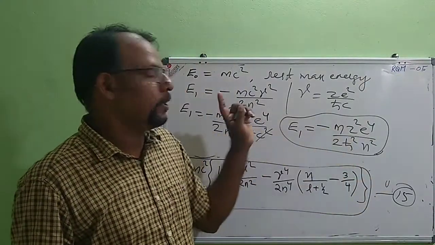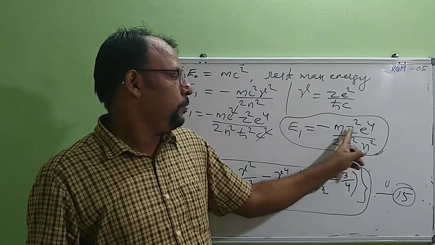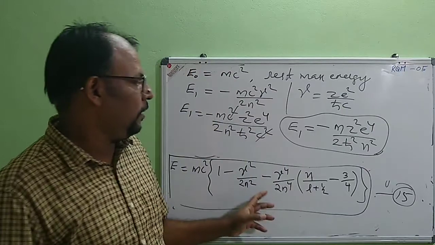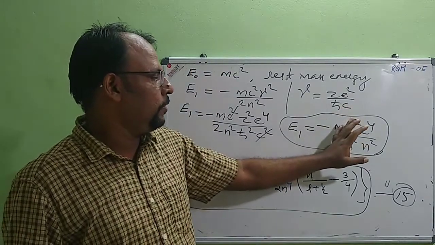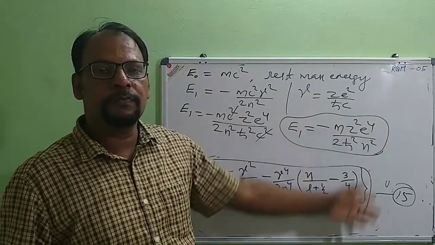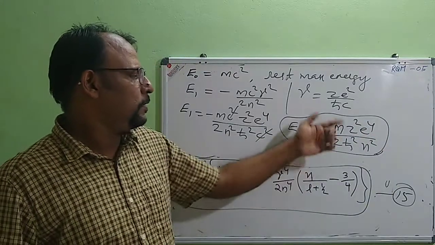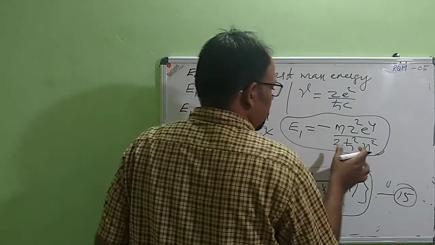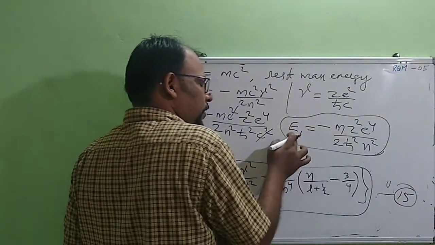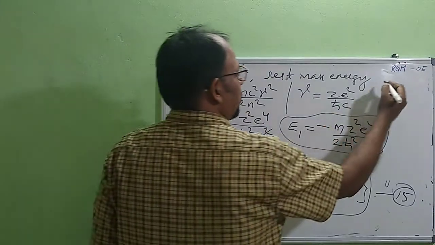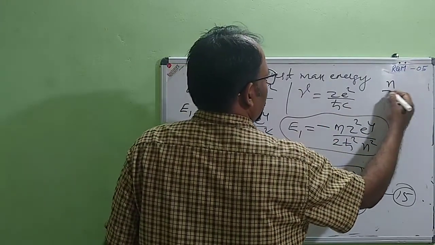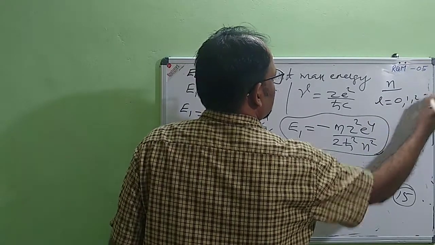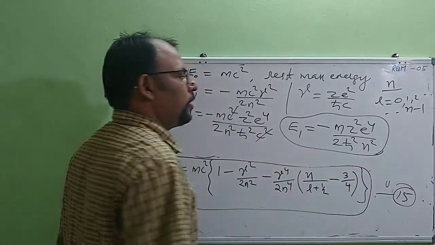This equation we have obtained for the hydrogen atom, minus mu Z squared e to the power 4 by 2 h bar squared n squared. So the second term is identical to that obtained for the hydrogen atom in the non-relativistic case, that is, the non-relativistic energy. According to that non-relativistic wave equation, for a given value of n, we have a particular energy. But we know that for a given value of n, there are 0, 1, 2, etc. up to n minus 1 values for L.